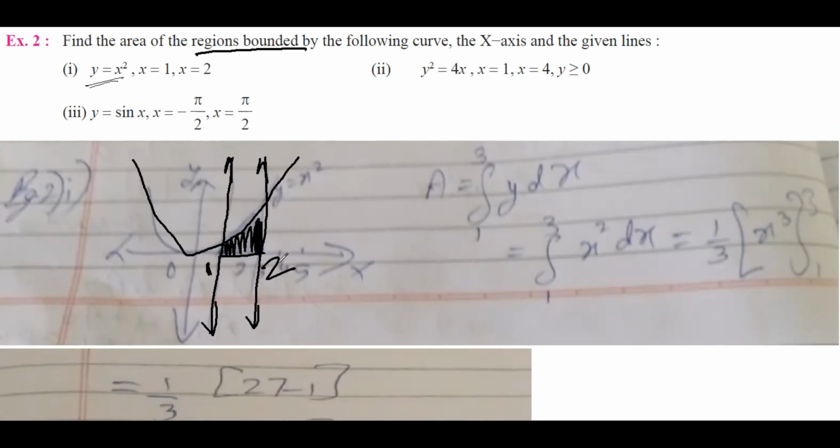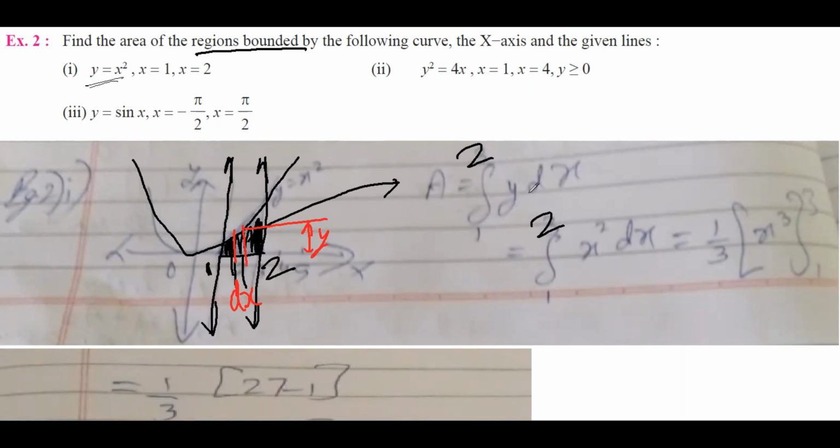Okay, so what is the formula? The area to find this is integration 1 to 2, so here it will be 1 to 2 y dx, right? Okay, so this is 1 to 2. By mistake you wrote here 1 to 3. It is not 3, it has to be 2. Similarly this has to be 2. Then y dx, correct? So this will be your small strip. This will be dx, and then this distance will be y. So y dx is perfectly correct.